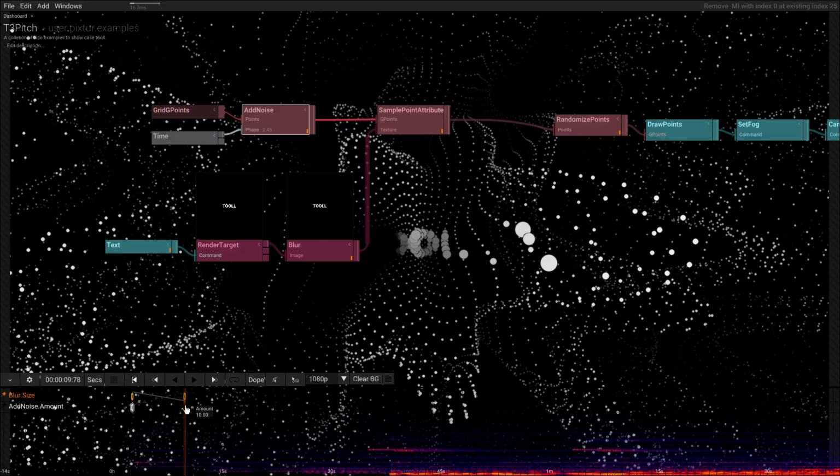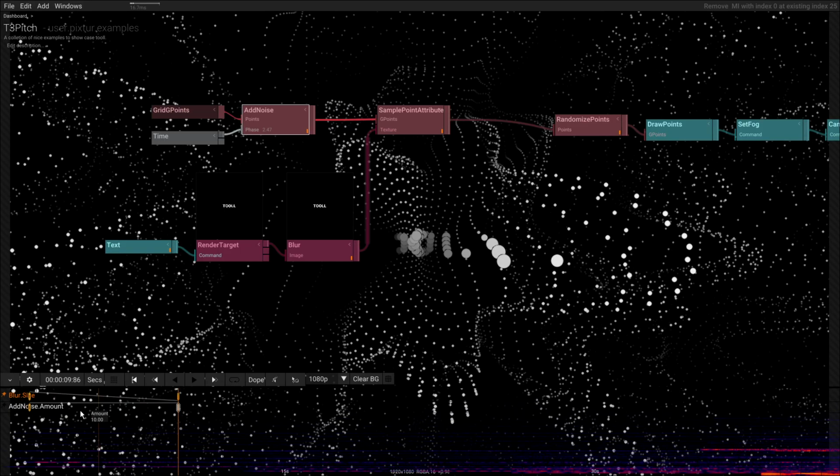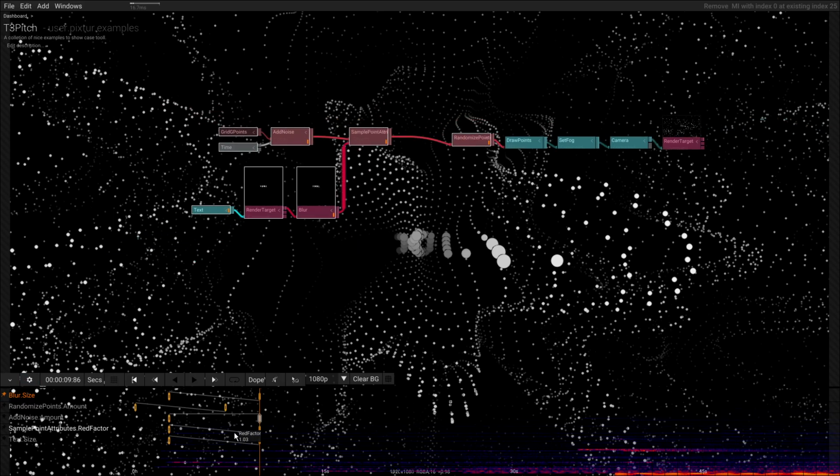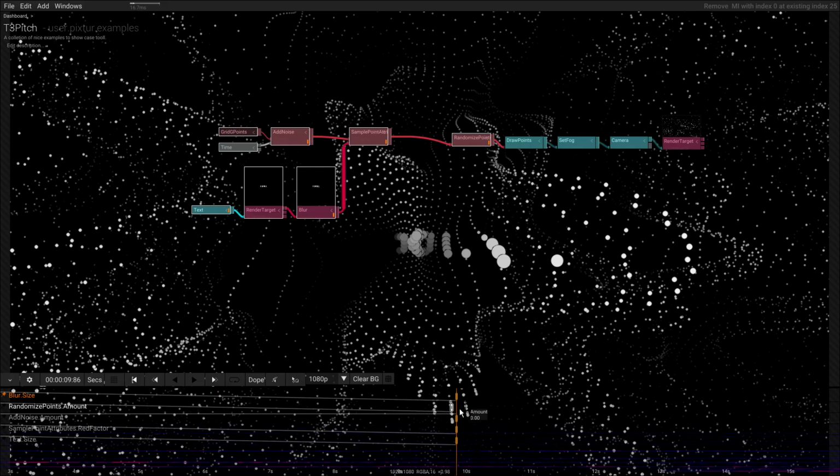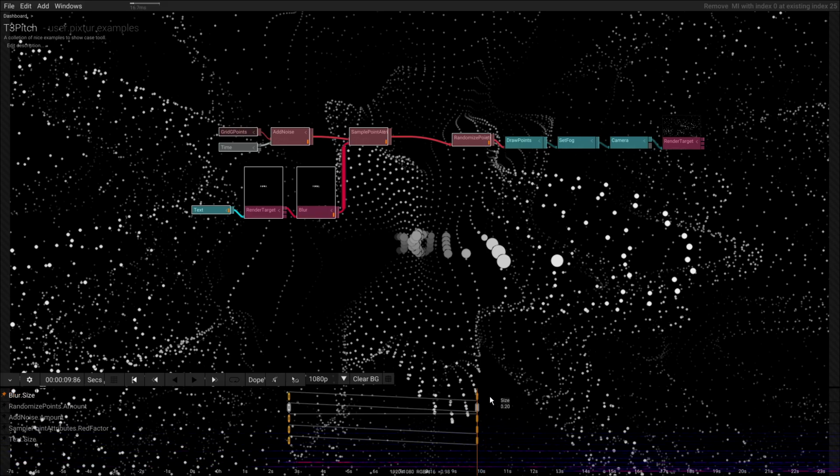Let's add a new keyframe, and you might notice that things are snapping nicely. So if you move things around, they snap, and you can do things like scale your keyframes.